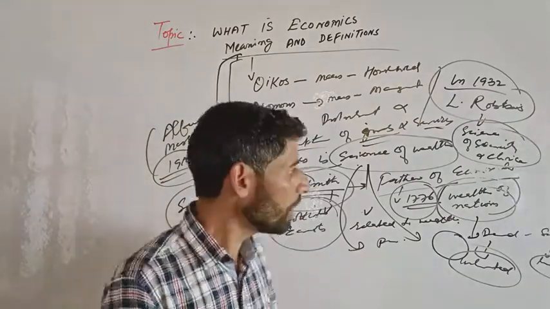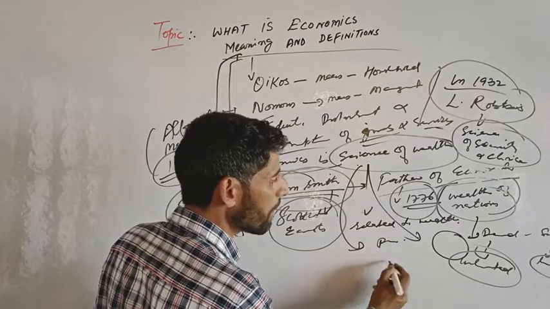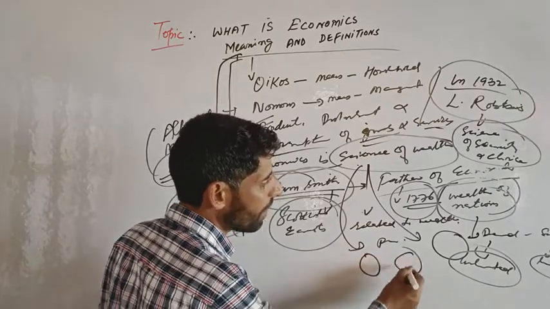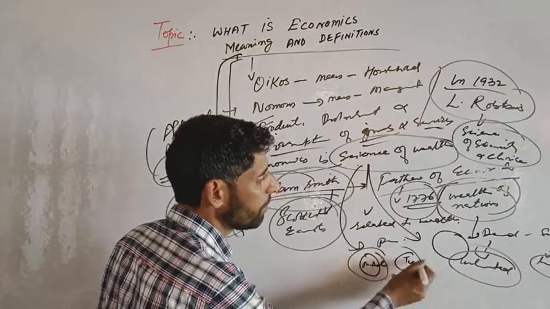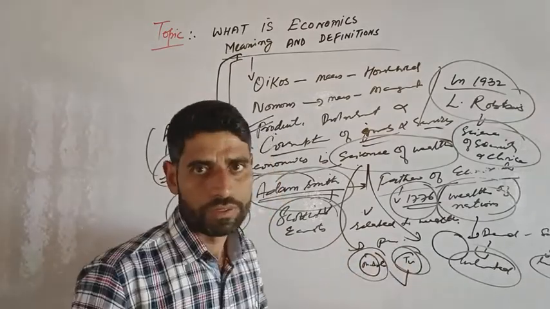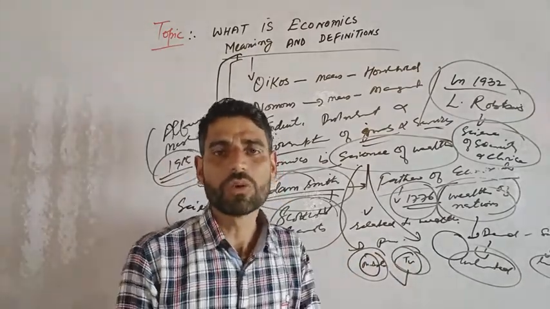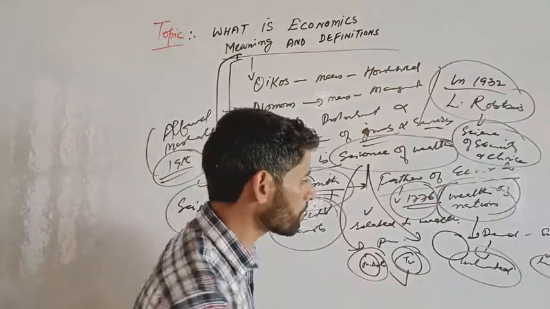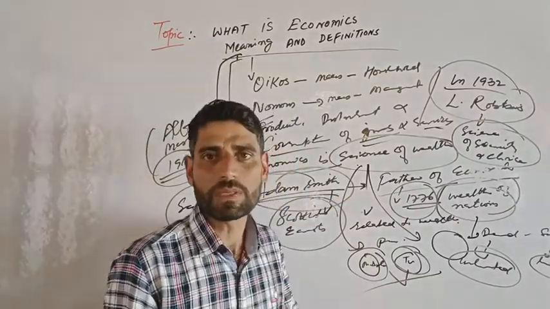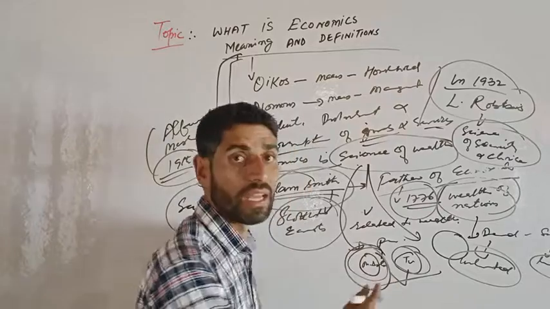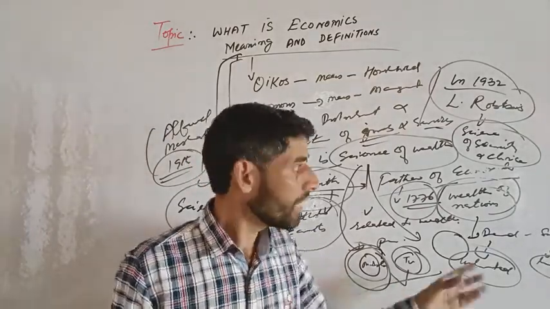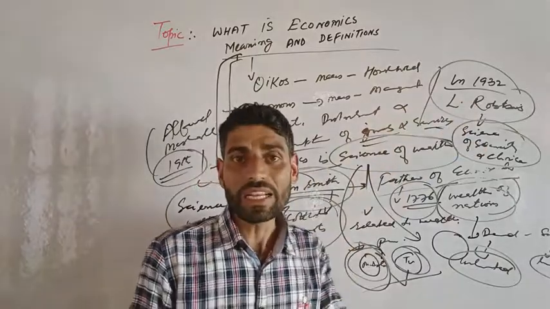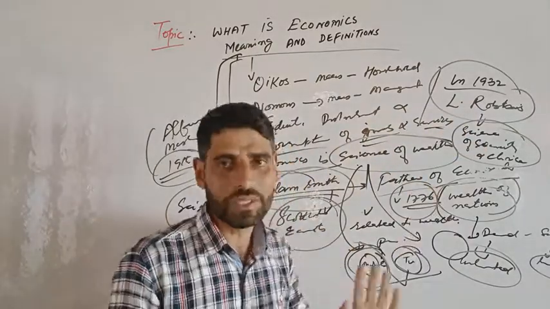For example, there is a scarcity and choice means, for example, आपके पास choice है. You have टीवी भी लाना है, मोबाइल भी लाना है, तो choice है ना टीवी और मोबाइल. So अब क्या है? नीड है टीवी की भी, मोबाइल की. But there is not availability of resources. आपके पास पैसे नहीं है. पैसे आपके पास इतने हैं कि आप एक ही खरीद सकोगे. Then आप क्या कर सकते हो? There is a choice. That's the reason we see that according to L. Robbins, economics is the science of scarcity and choice.